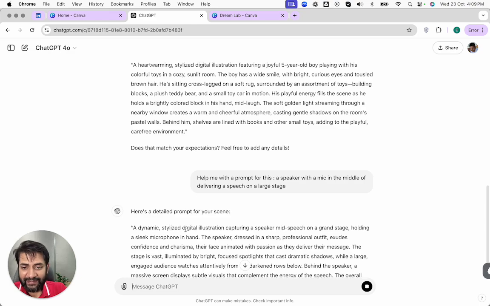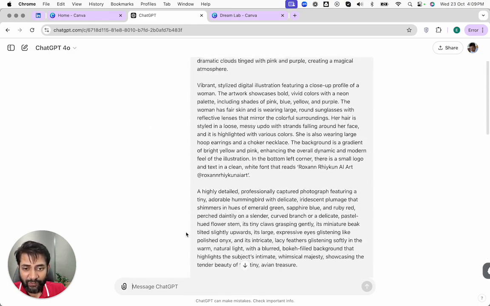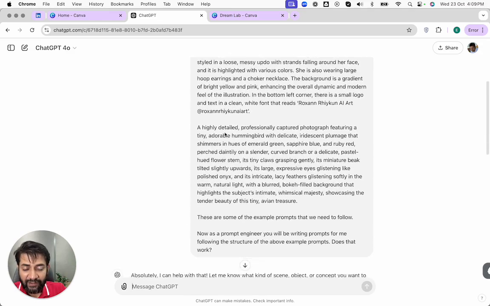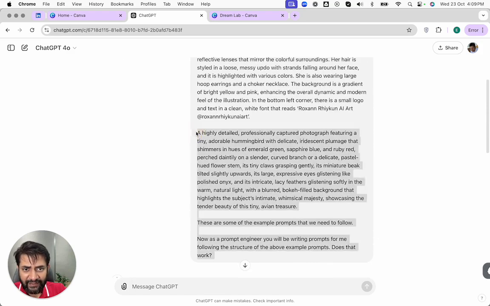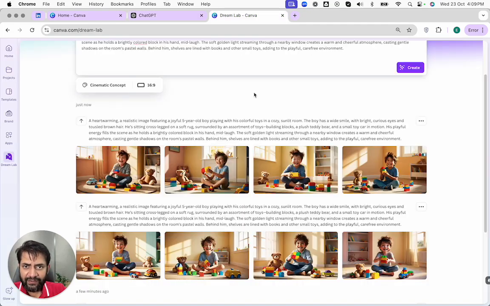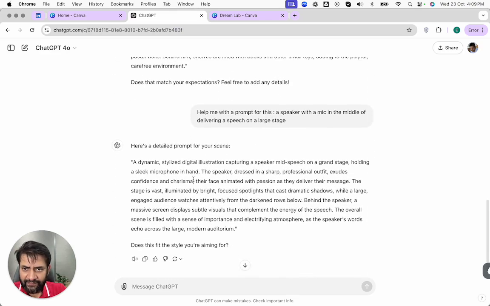A dynamic stylized, again a digital illustration. I do not want a digital illustration, I want more of a personalized image. So maybe I'll use something like this: a highly detailed professionally captured photograph featuring. Okay, that's a better line to get a realistic image. So the first line we would use this one, and then featuring a dynamic,